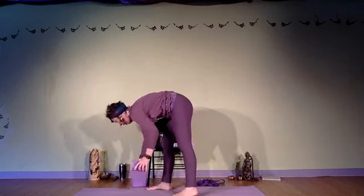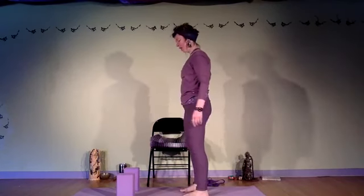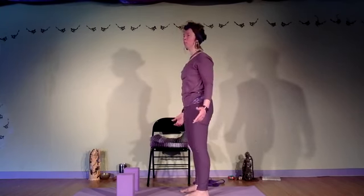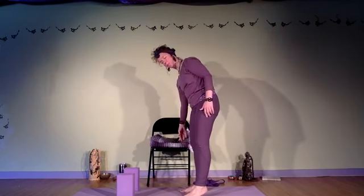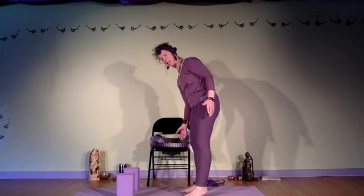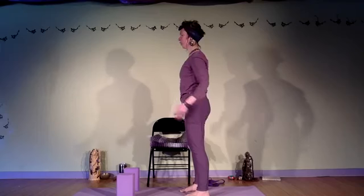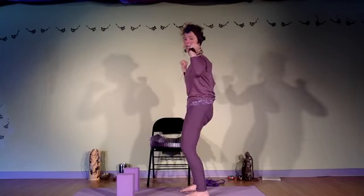All right, so I'm going to do this one more time standing, and if you know the seated version is the way to go, and you have blocks, right, use those blocks because it's going to bring the floor closer to you. If you're in an office setting doing this, this is where releasing that low back is so important. And if you can incorporate a chair, a firm blanket into your daily situation of sitting in that chair where you work at the computer to lift your sit bones so that your pelvis is tilting in the right direction, you're going to have that lift through your sit bones. It's always going to support you so that you're not doing this, right, all the time,